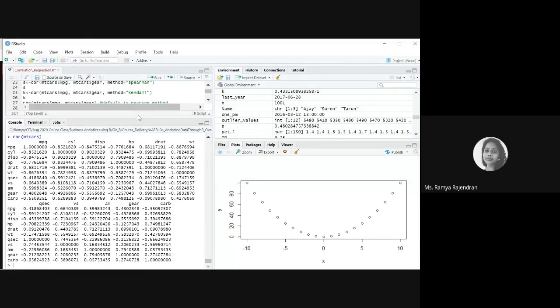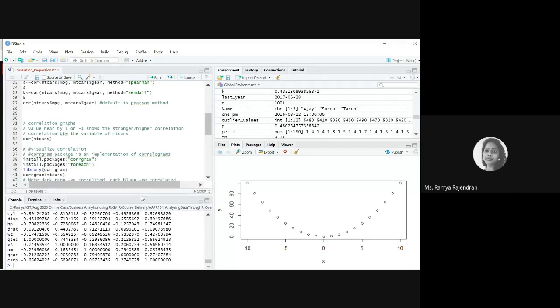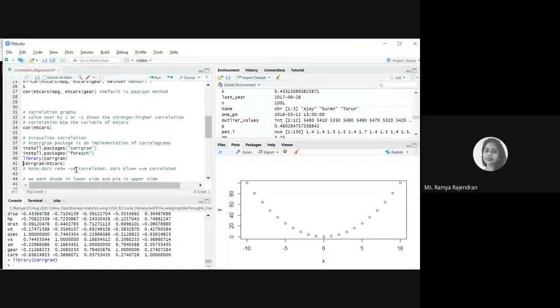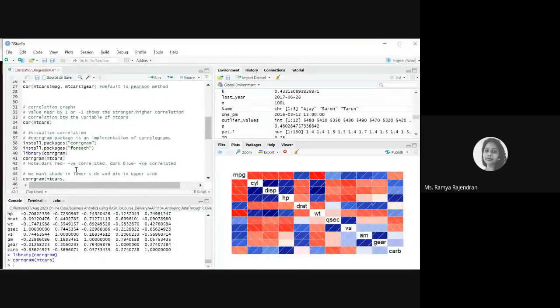Okay, you can also plot it and then see using a corrgram that we've already seen, right? So this is how you calculate the correlation values for each of the variables in a data frame or in a data set. To visualize that, we use a package corrgram, which we have already discussed. So I'm just calling the corrgram library and then creating a corrgram for mtcars. This we have already discussed, remember?